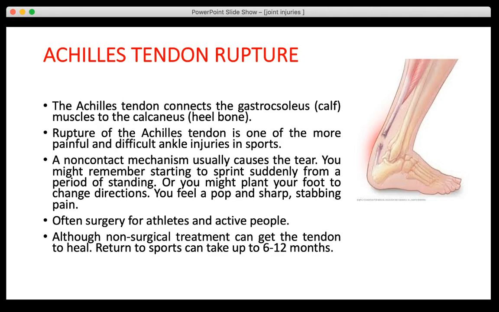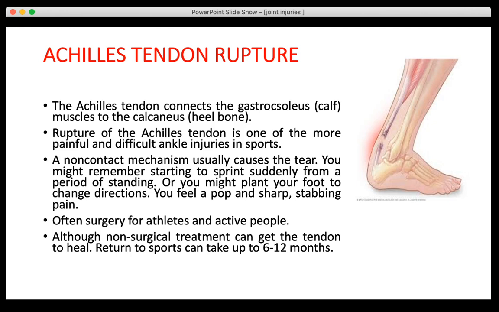Second, the most common is your Achilles tendon rupture. Let the slide change. You can see that this is the Achilles tendon, which joins your muscles to your heel. This can break or tear down. So the Achilles tendon connects your calf gastrocnemius muscles to the heel bone, known as the calcaneus. The tendon which is connecting your calf muscles to your heel bone is known as the Achilles tendon, and this